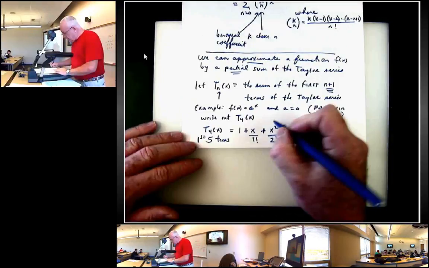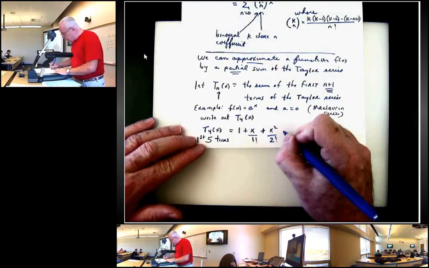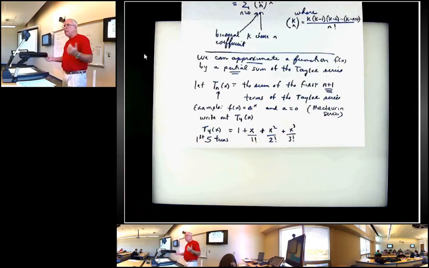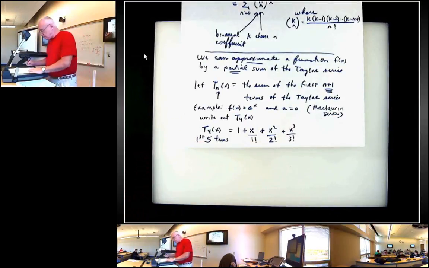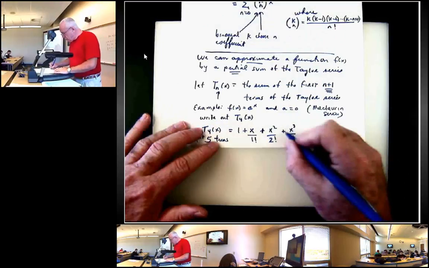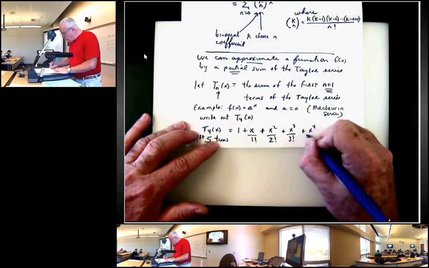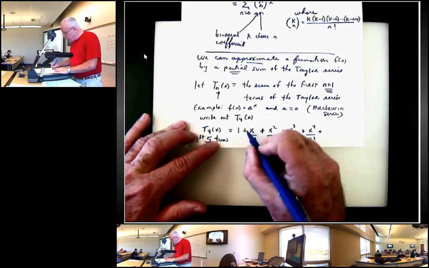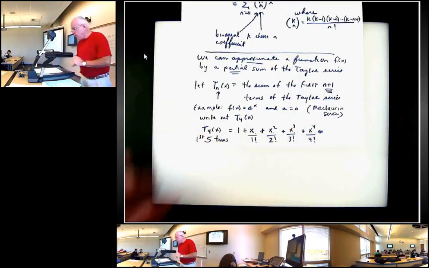All right. Let's see, we want 5 terms, plus x to the 3rd over 3 factorial, which is 6, but I'll take either one. And then, let's see, that's 4 terms, x to the 4th over 4 factorial. That's 1, 2, 3, 4, 5. I better stop right there. Okay, that's 5 terms